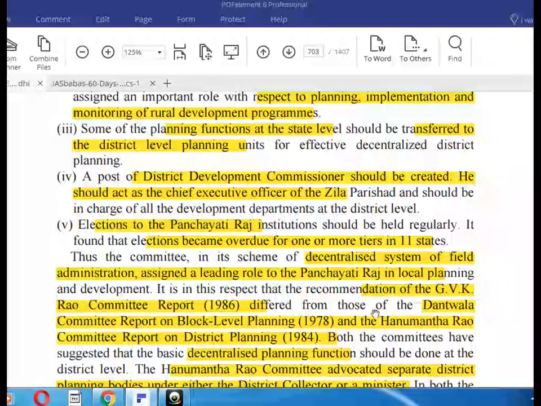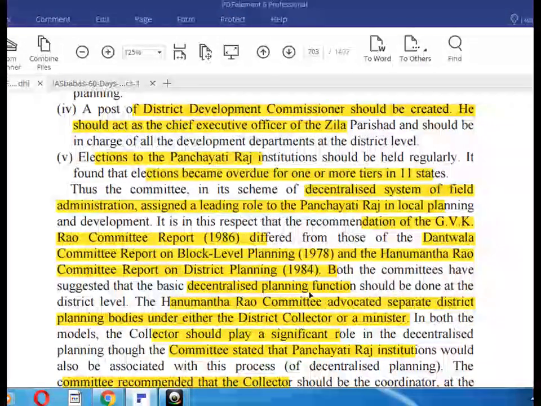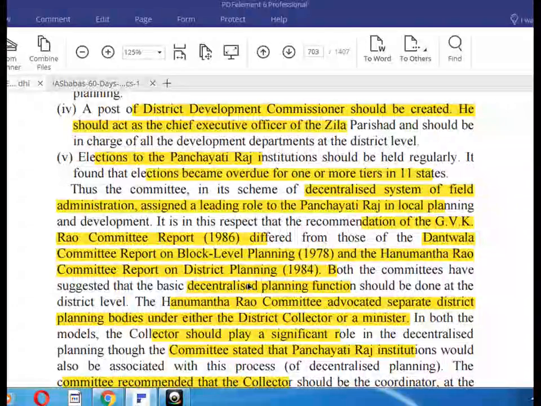In this respect the recommendations of the GVK Rao Committee report 1985 differed from those of the Dantwala Committee report on block level planning 1978 and the Hanumantha Rao Committee report on district planning 1984. Both the committees have suggested that the basic decentralized planning function